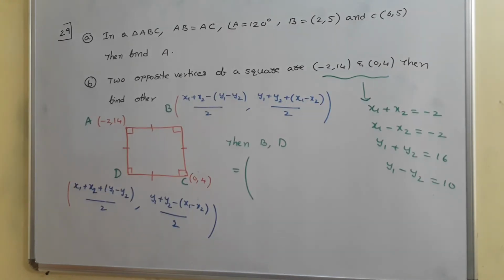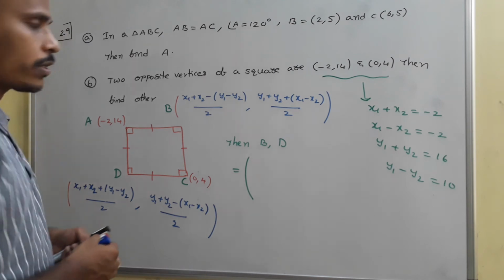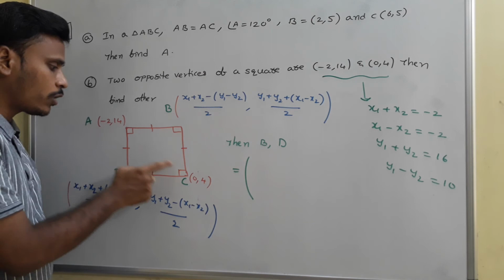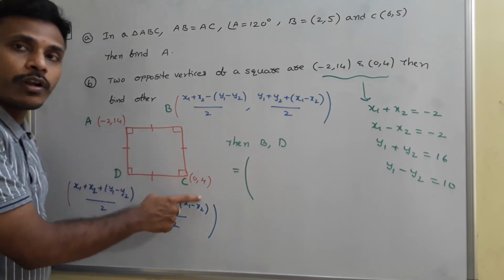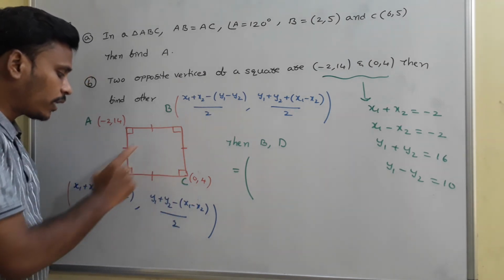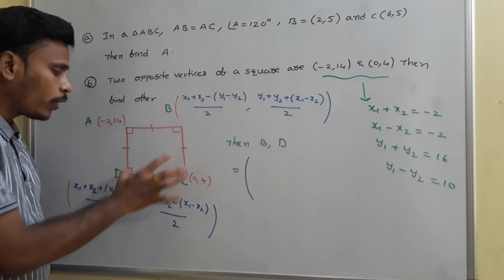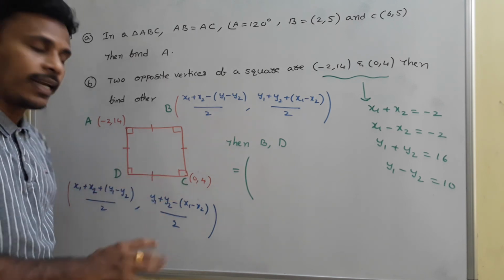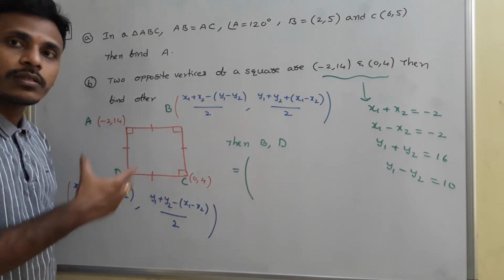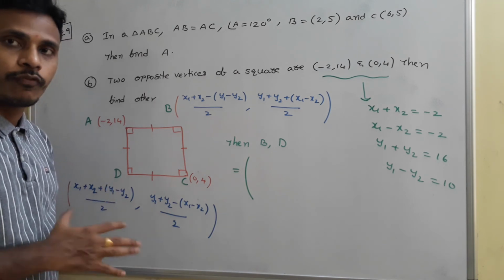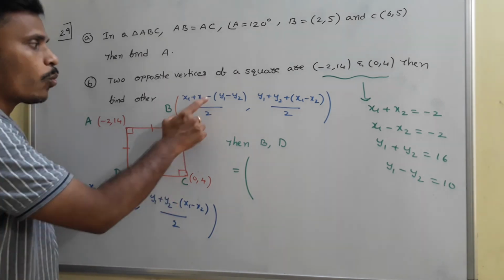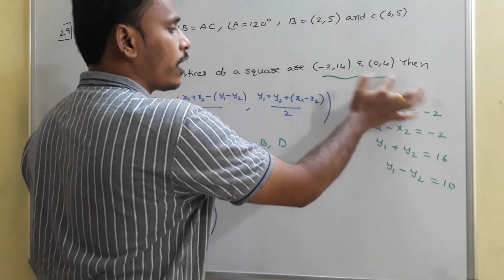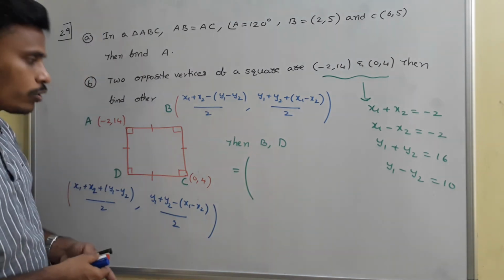So just have a look at the opposite vertices of a square. For example, if we have a square, all sides are equal, all angles are 90, and opposite vertices are given, (-2, 14) and (0, 4). We need to calculate the other two opposite vertices. When you look at the picture, these opposite vertices B and D will form an isosceles right angle triangle with AC. So use the third vertex of an isosceles right angle triangle formula, once plus or minus and once minus or plus. This is the formula. For that, first of all, consider these as x1, y1, x2, y2, and list out all these things. Now use the formula.